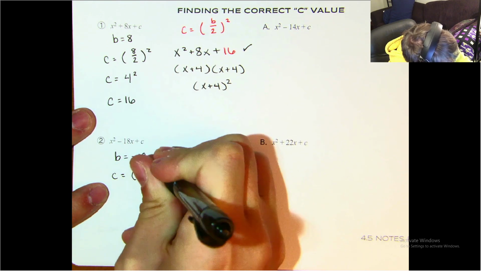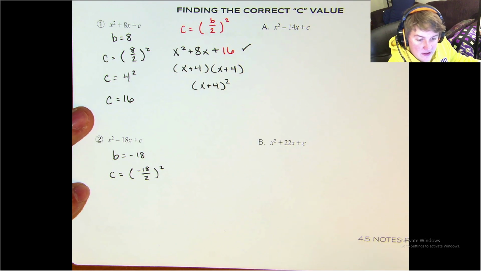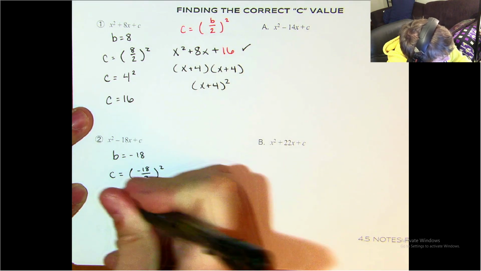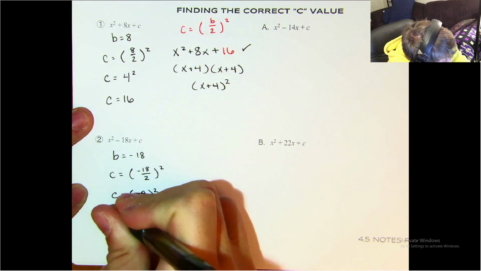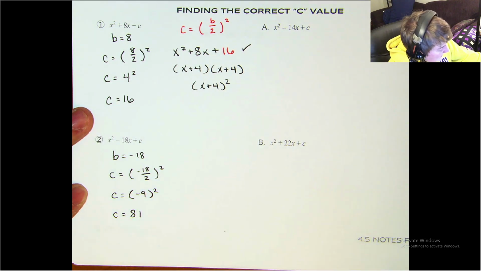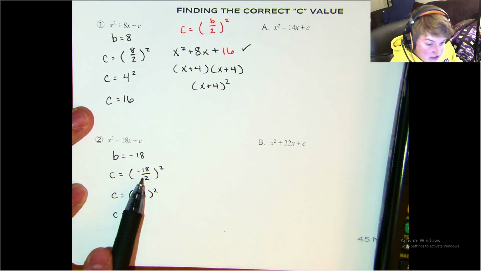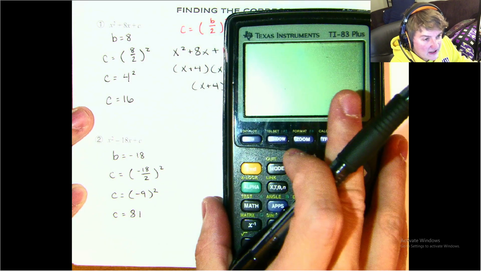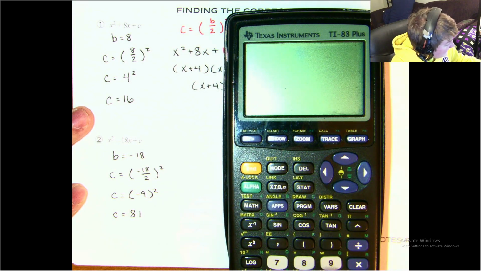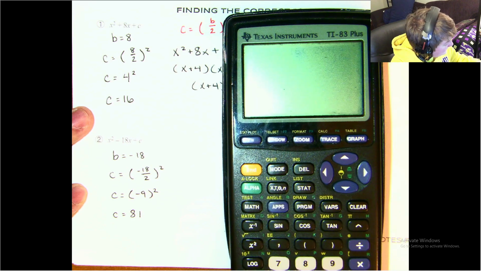So I plug it into the formula. Okay, b divided by 2, quantity squared. All right, and then b divided by 2 is negative 9. Negative 9 squared is 81. Now again, notice how even though this inside is negative, I have to put this into the calculator appropriately. I can't remind you of this enough because I know that a lot of you are going to do this